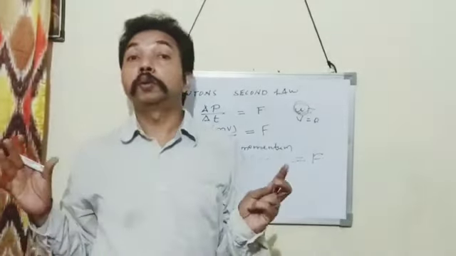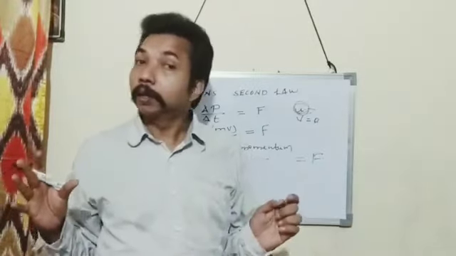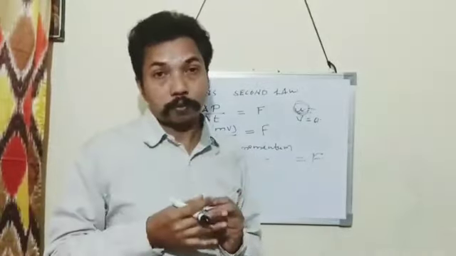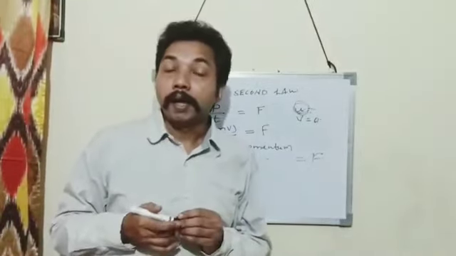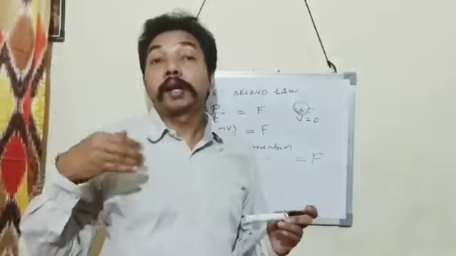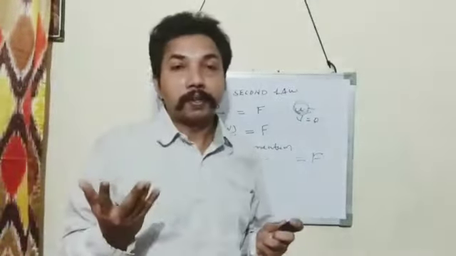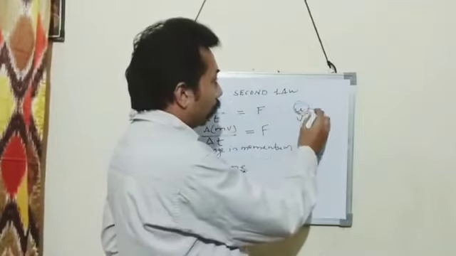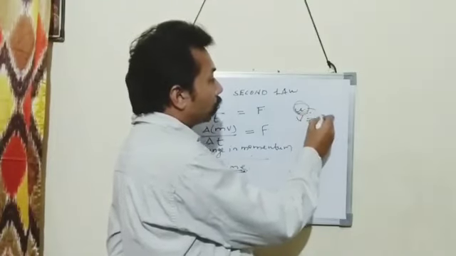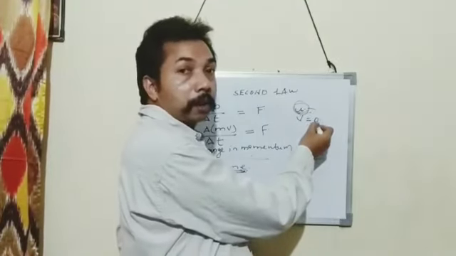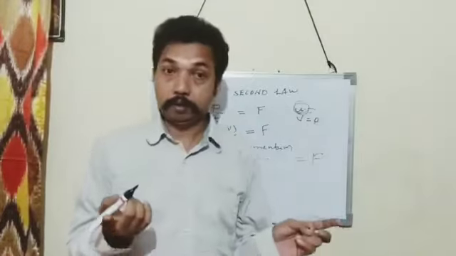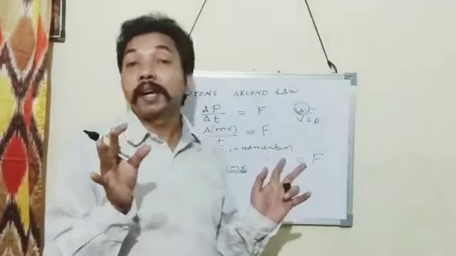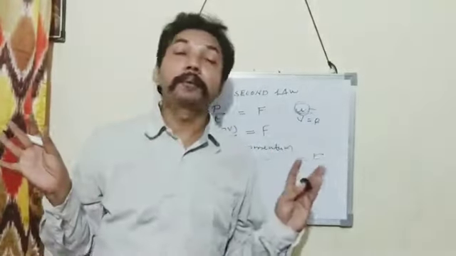Then more force will be exerted by the hard surface on their body. So they will experience more force. They can be injured. And if they jump in a sand pit, then the time interval for the body to come from a certain velocity to a velocity of 0 meter per second will be more. The time interval will be more, so less force will be acting on their body and nothing will happen to them.